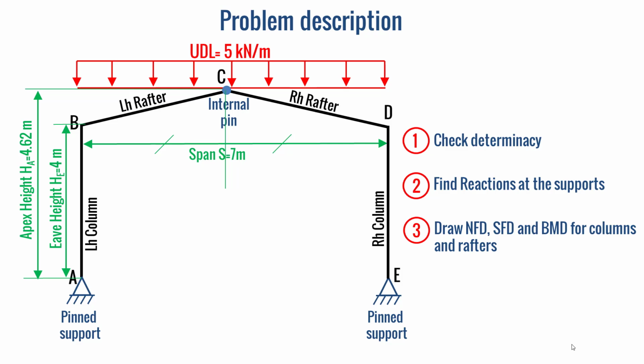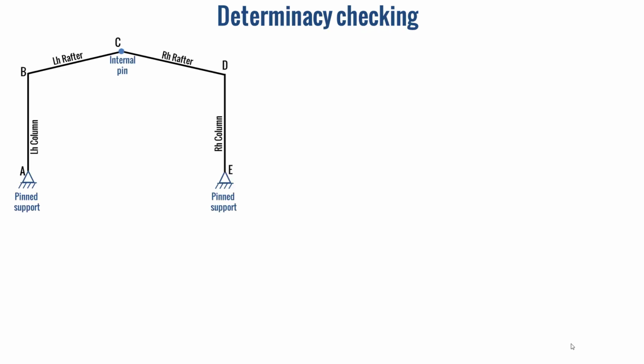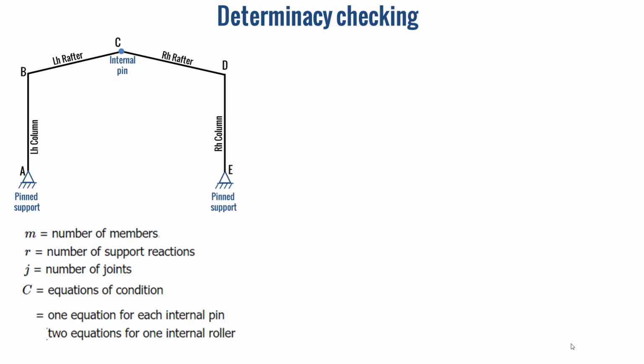Okay, for the determinacy checking, we have our structure, and here let's consider M the number of members, R the number of support reactions, G the number of joints, and C the equations of condition. It's equal to 1 for each internal pin, and it's equal to 2 for one internal roller. So here M, the number of members, is equal to 4, 2 columns and 2 rafters,